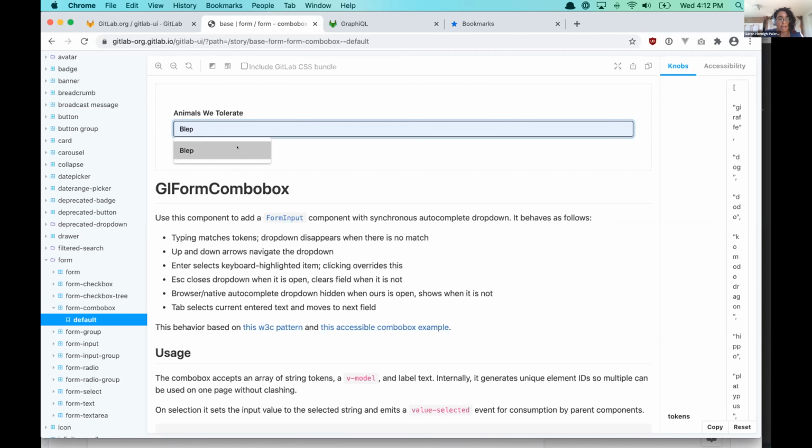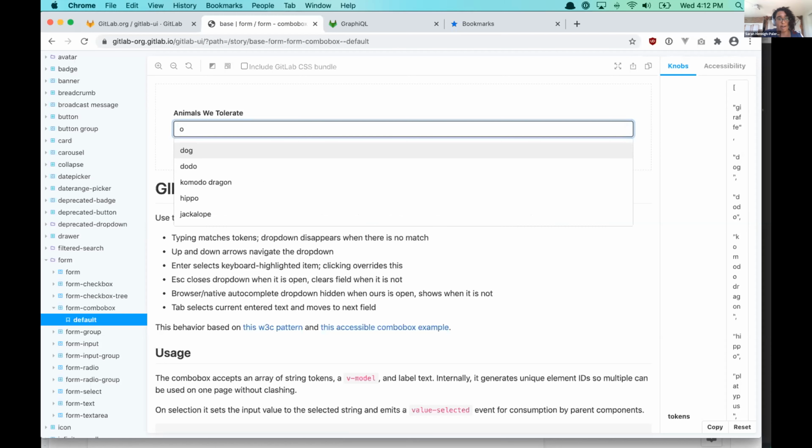But then let's say I want to look for something else. So I type O. These are all of the animals that we tolerate that have the letter O in them. For this example on GitLab UI, I actually made a list of animals so that any letter you type into this dropdown, you will get at least one animal auto-completing it, just so that the example always worked no matter what. So you can pick your O, and then it's an accessible little dropdown, so you can use the arrow key to go through,